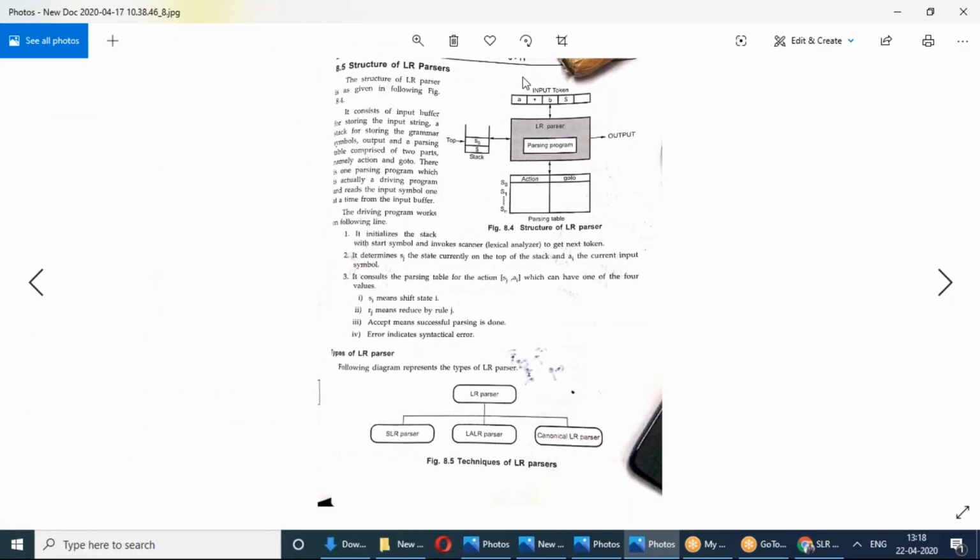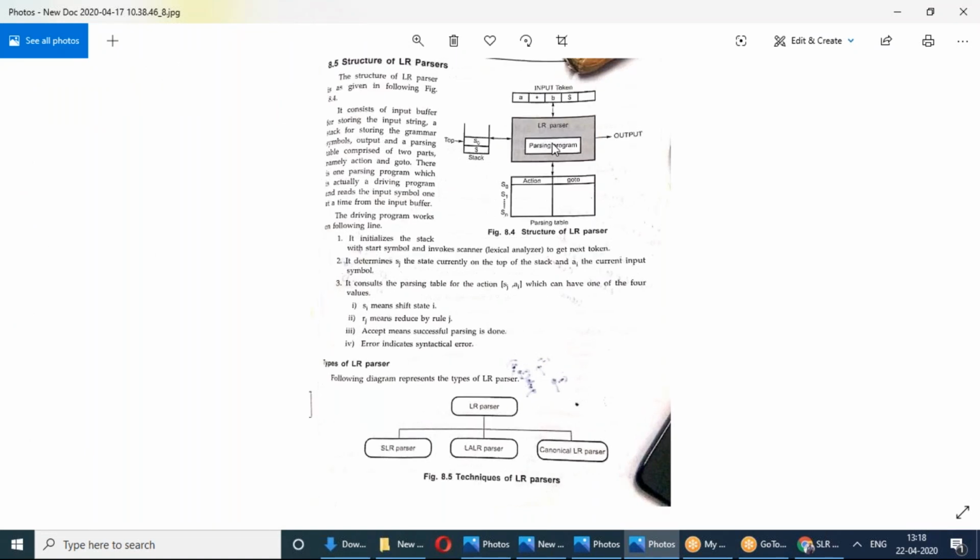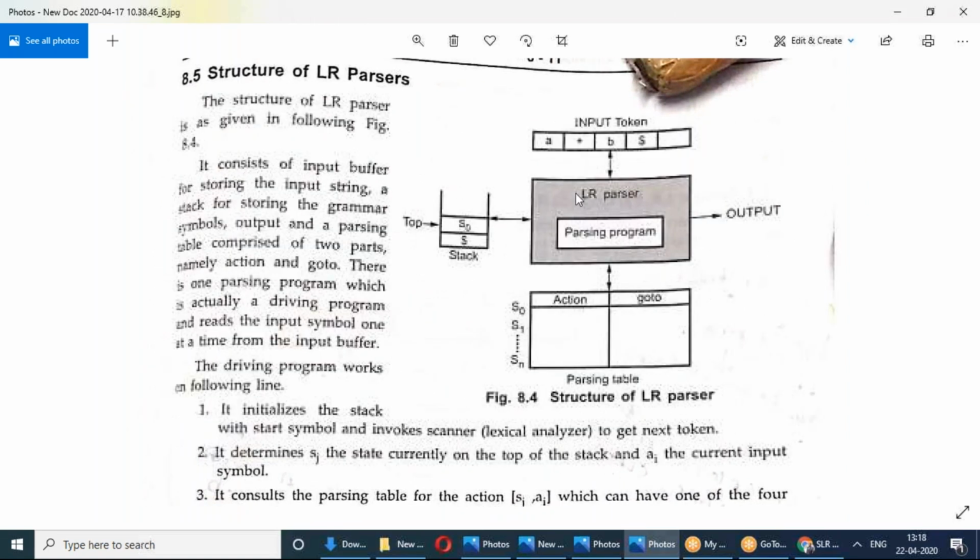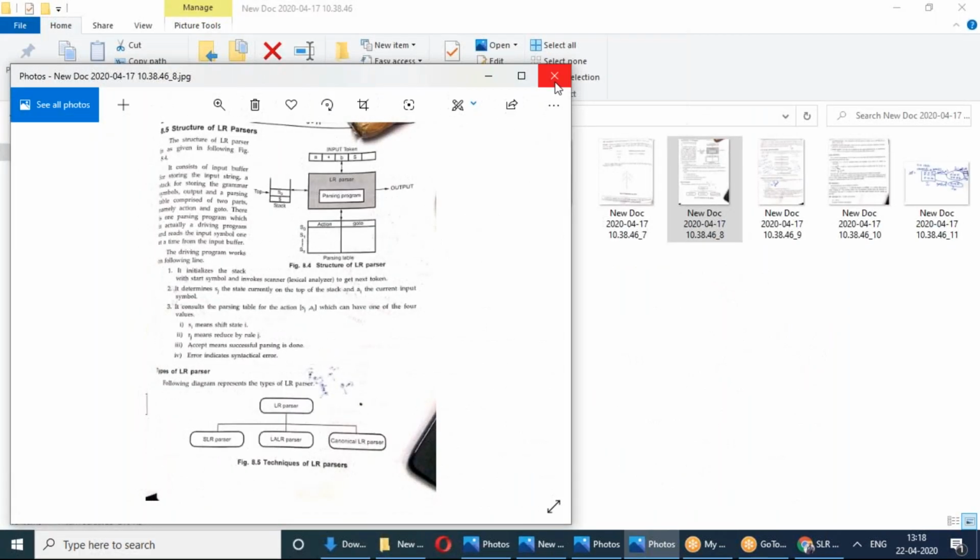Is my screen visible to you? Please respond. Yes, sir. If you observe here, this is the SLR parser, and for this parser there is an input buffer, a stack, and a table which has action and go to. Okay, now you got a picture of this.